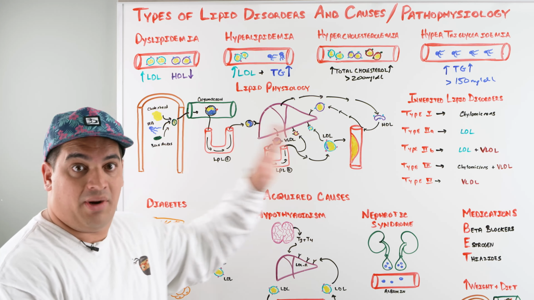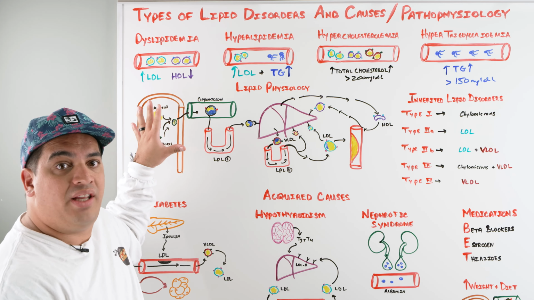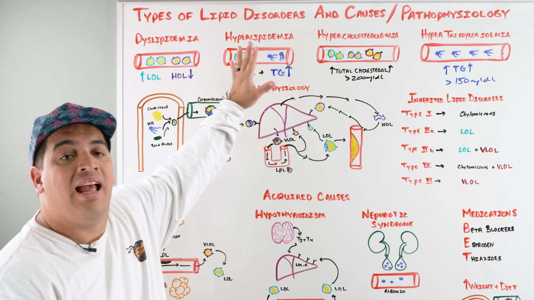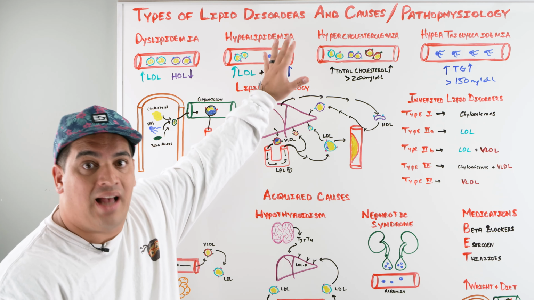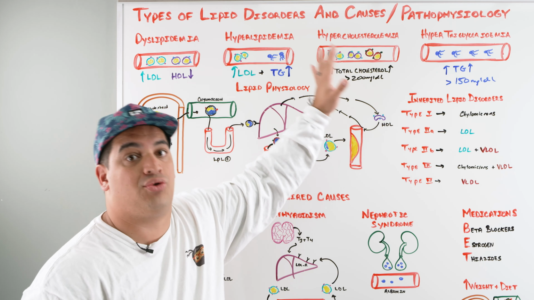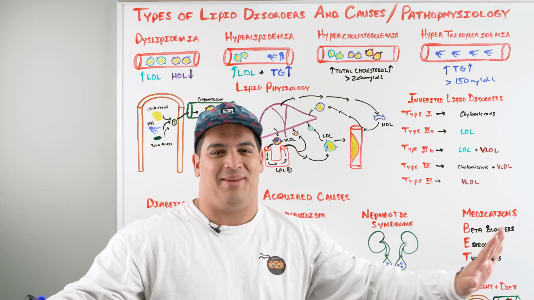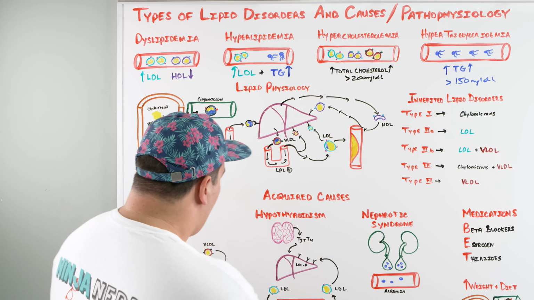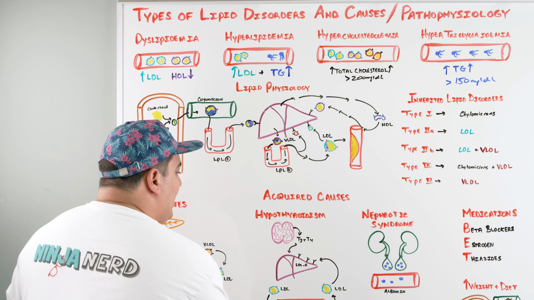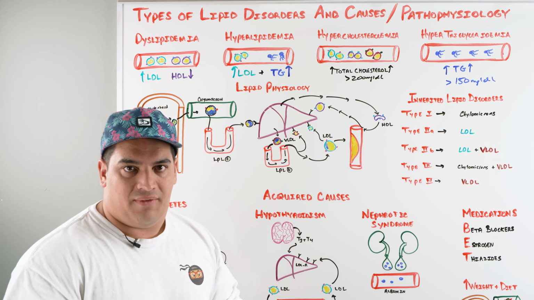So we got down the different terminologies. Abnormal concentration of LDL and HDL, dyslipidemia. Increase in the LDL and triglycerides, hyperlipidemia. Increase in total cholesterol, hypercholesterolemia. Increase in the triglycerides, hypertriglyceridemia. Done. Okay, the next thing that we have to talk about is a little bit about the physiology of the